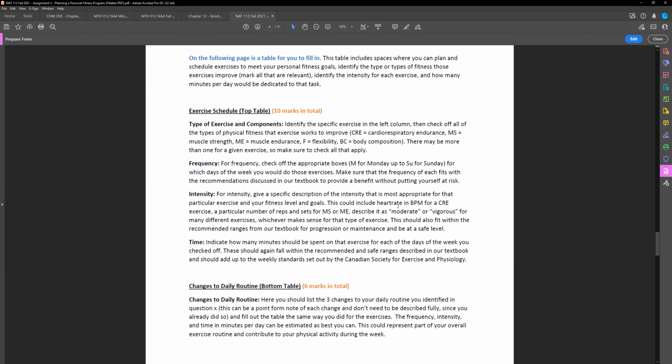Filling in the intensity, giving a specific goal such as BPM, where now I'm going to answer your question, or having a number of reps and sets, or describing it as moderate or vigorous. And finally, time, how many minutes per week. And then the whole thing repeats down here for the bottom table. How do we calculate BPM? Well, if you're using cardiorespiratory endurance and you want to have a sort of goal, a target BPM, that's where